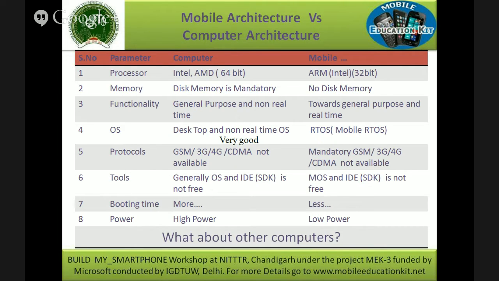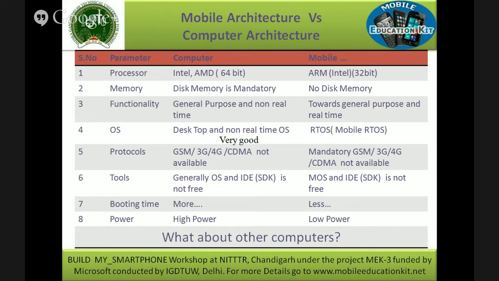OS, yes, there is a specific OS. You can use the desktop OS to a certain extent on a mobile. The reverse may not be true because of the OS that has to be supported. I said that the disk space and the drivers, all those things. Okay, so there is a huge difference in terms of OS and driver programming. Then the protocols, as I mentioned, some of the communication protocols a desktop OS has to support, but not all. But in the case of mobile devices, it has so many wireless or wired protocols that are supported.